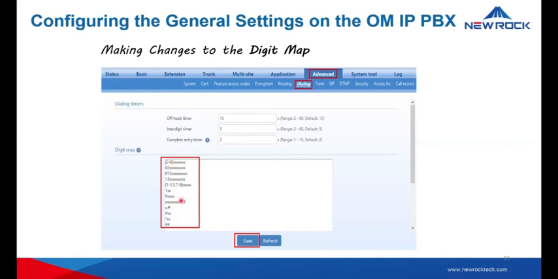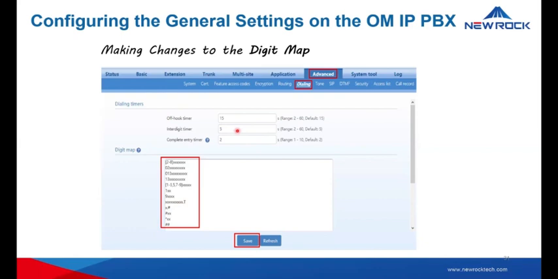So basically, for the overseas market, we have these last 5. These are for our default digit map. I think this is the first one here. Say, for example, for a number of 10 digits or less than 10 digits, the device terminates after receiving the digits, and it will send the detected numbers when the expected value of the inter-digit timer elapses.